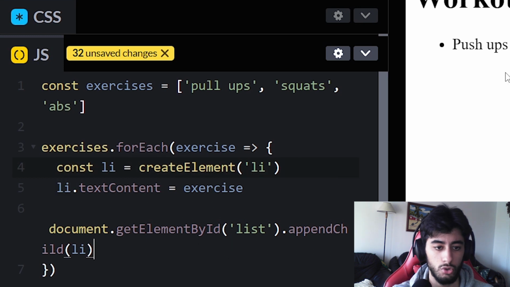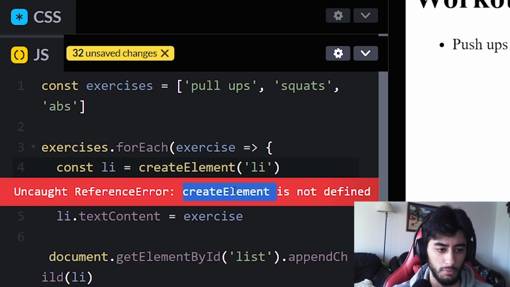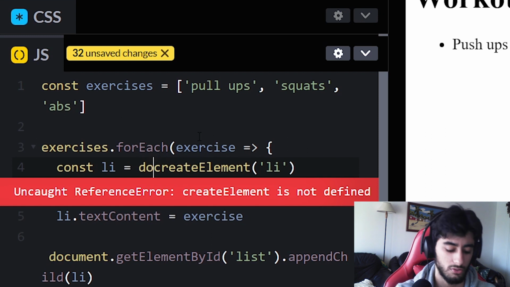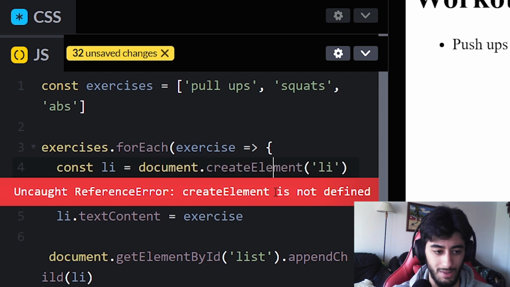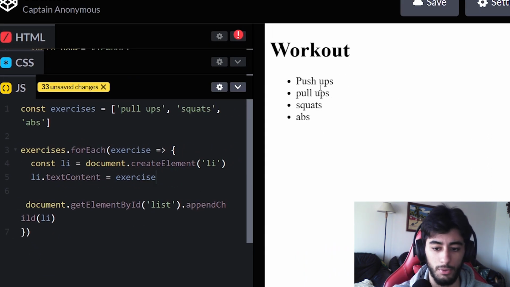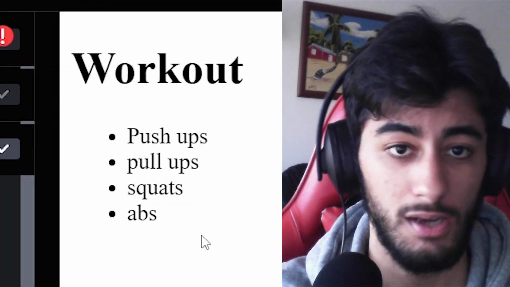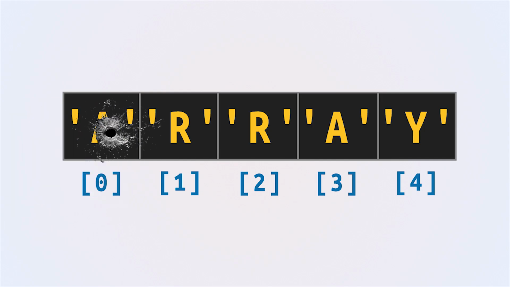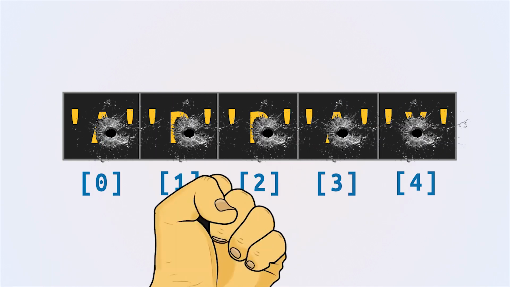And this way, you should already... there's an error, createElement is not defined. It's document.createElement. Now it should be working. We'll wait a little bit, and there you go. And the JavaScript dynamically added all the items of the array into our list with the help of the DOM